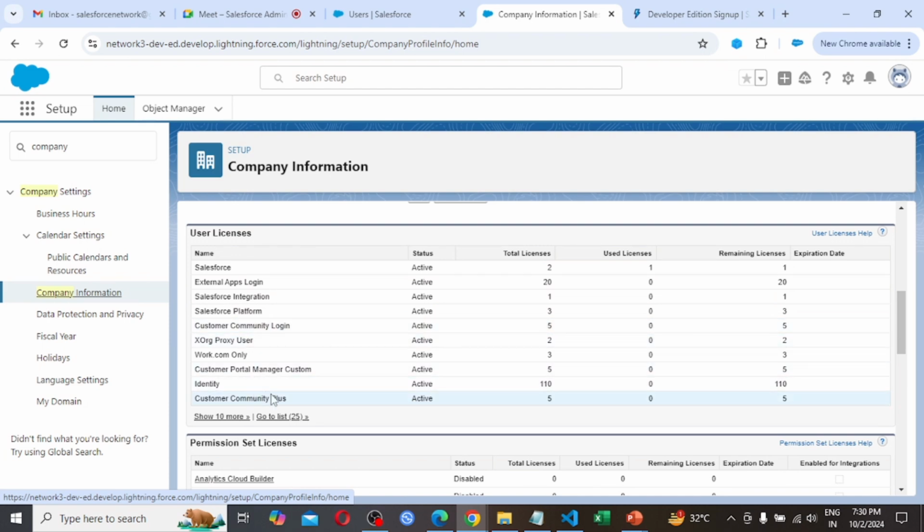So these are some important licenses we are going to use in our coming sessions. So after creating the user A, it is going to use the second license also. As we are using one license, but as the user A is getting created, this remaining one license is also going to be occupied.